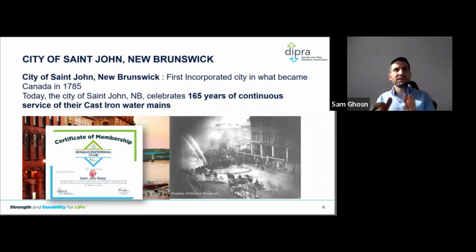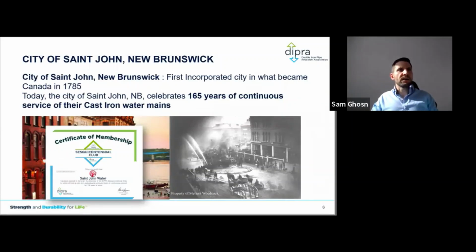And if you work for a utility and still have iron pipes for more than 100 or 150 years, please reach out to me and I'll be happy to provide you with a form that you could fill and you could join that club. It just shows that the investment you have made a long time ago is still benefiting your taxpayers today. It is something that we feel proud of, and we want to continue to do so with many utilities across North America.